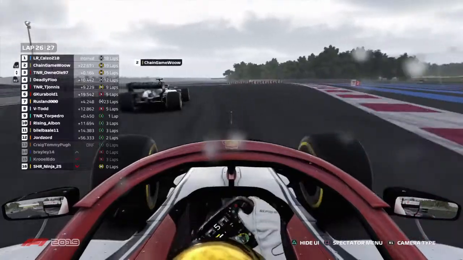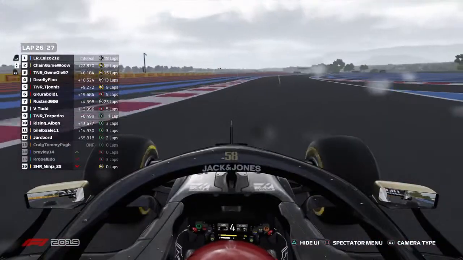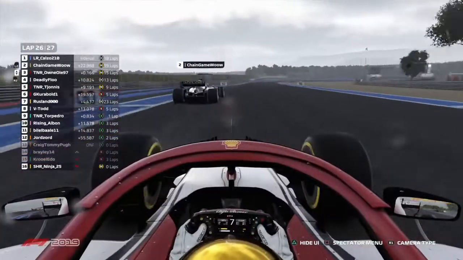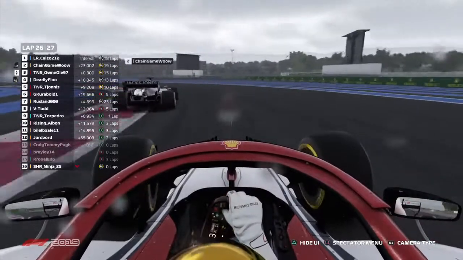Ole moving around all over the place down the straights, not able to make a move. See, Chain's been smart with his ERS. You can see how much more ERS he has. I can imagine he's deploying that down the Mistral straight, which is giving him such an advantage on the car